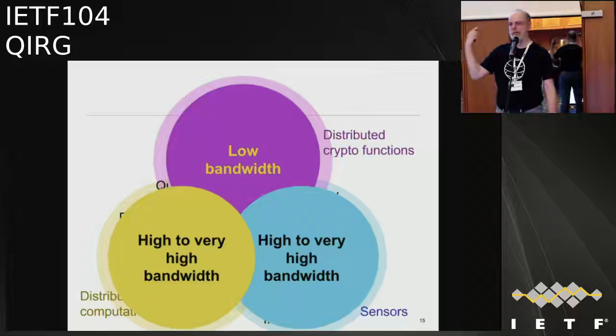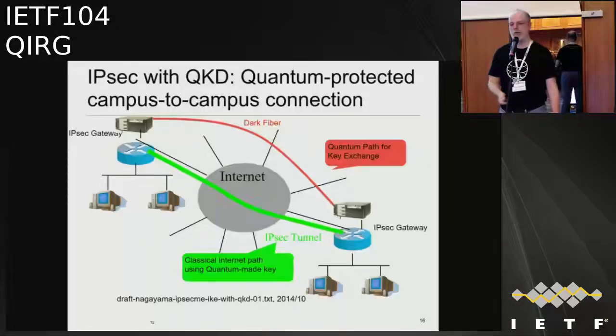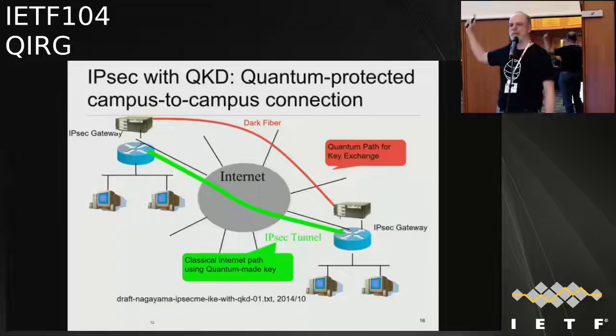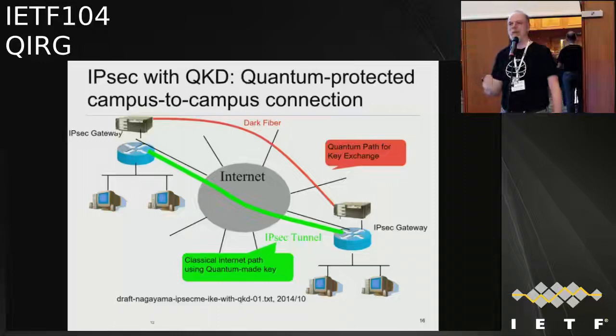But let me go through an example with each one of these categories and show you the kinds of things we want to do. This particular one goes back to an internet draft that Shota Nagayama sitting over there and I wrote back in 2014. We never finished getting this to RFC status, and since then it's been superseded by some other work that's happened in IPsec-ME. But the idea is to augment IPsec with keys that were generated using a quantum network, using quantum key devices. And this would take probably a separate dark fiber that runs through some particular infrastructure,